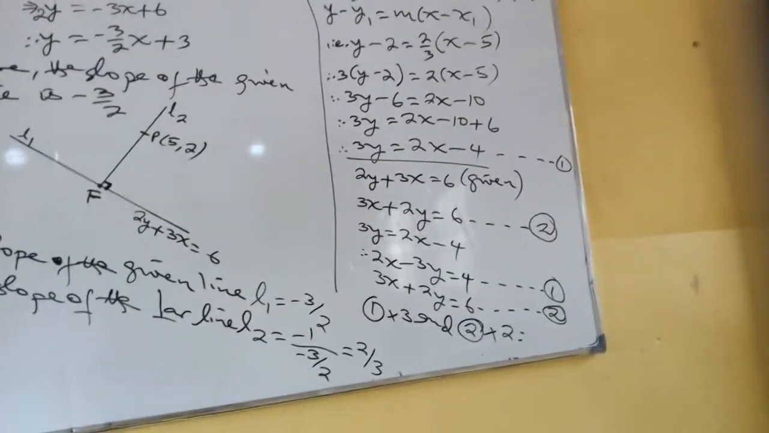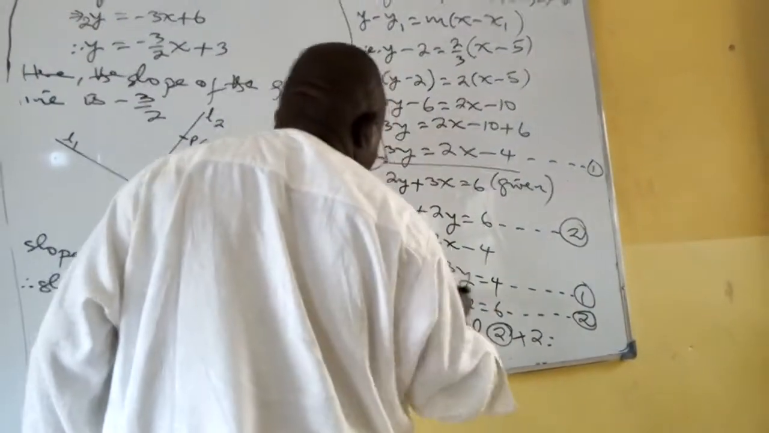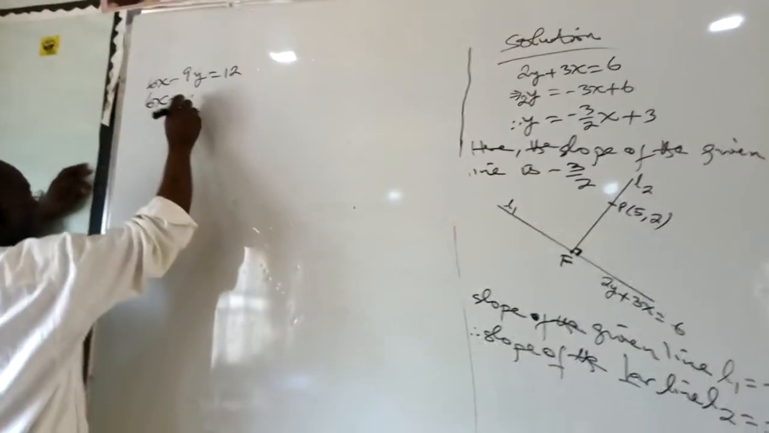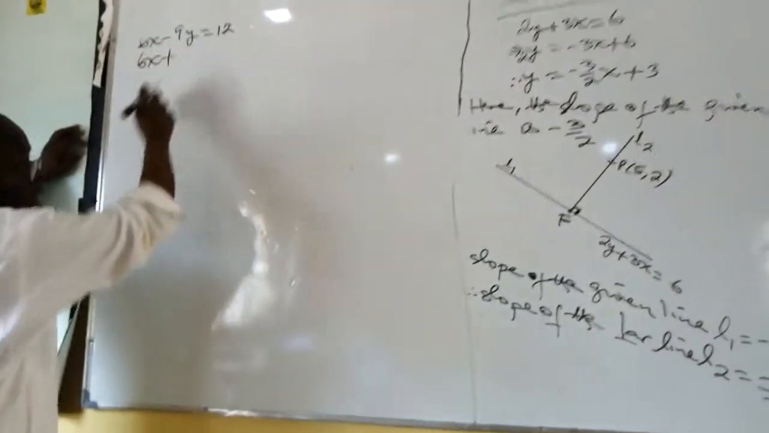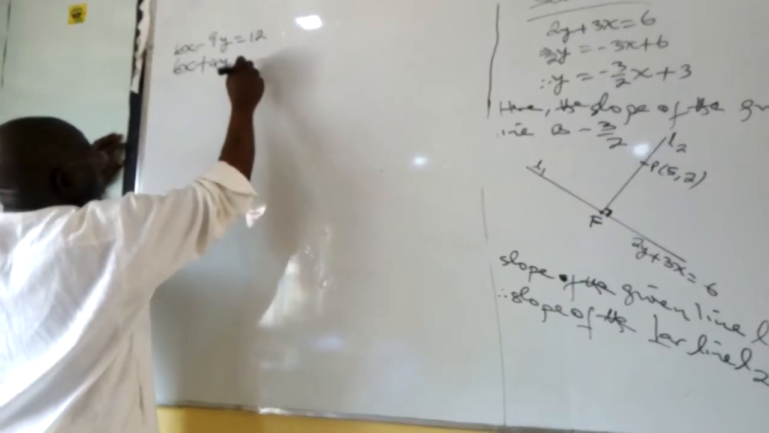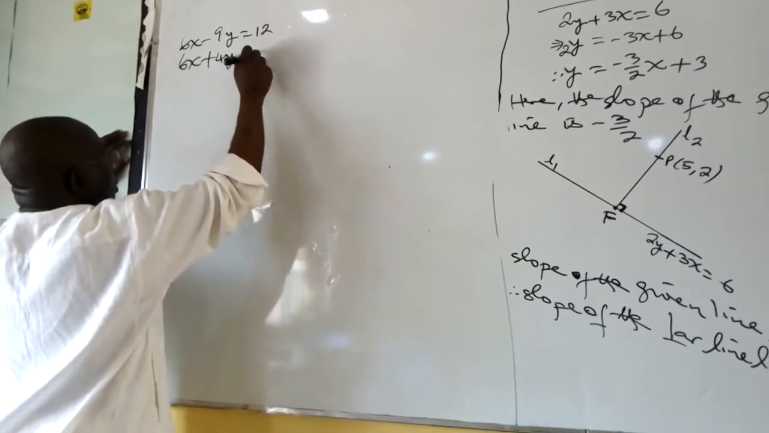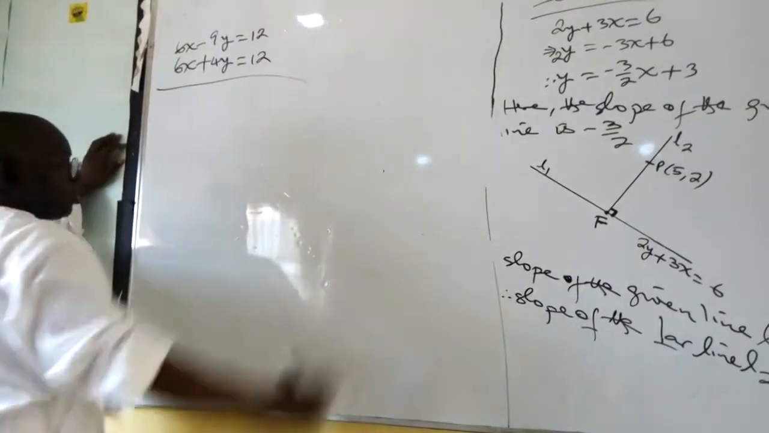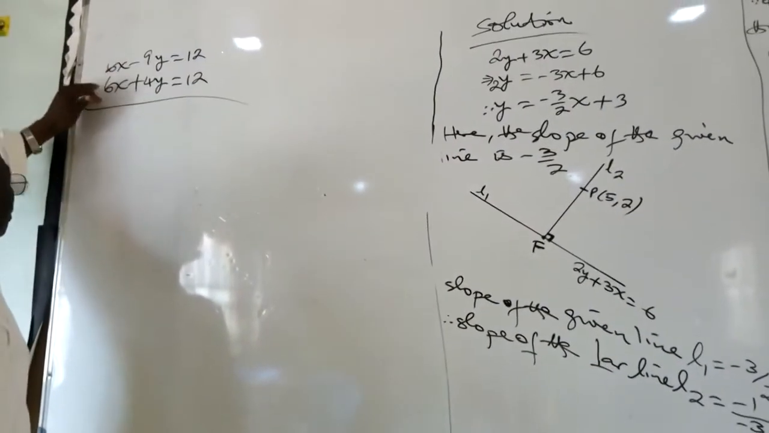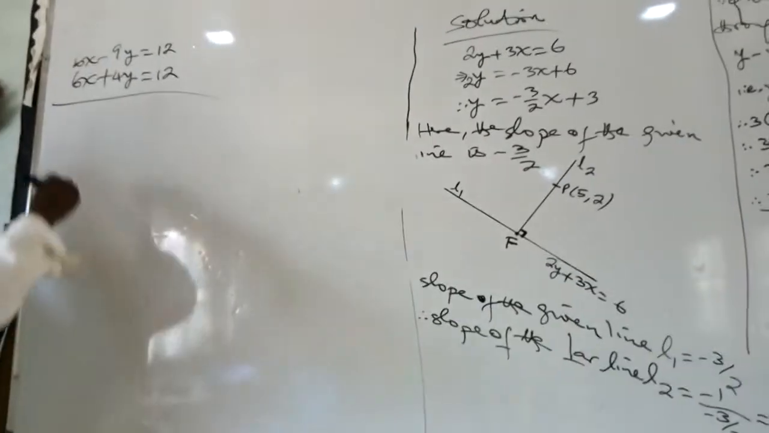Equation 2 by 2 means that each and every term of equation 2 is multiplied by 2, that will be 6x plus 4y equals 12. Good. Now, since the coefficients of x are equal, both in sign and size, I